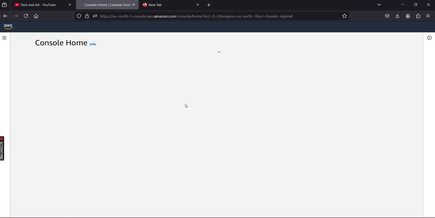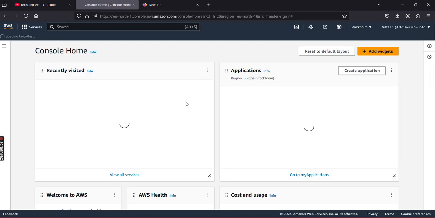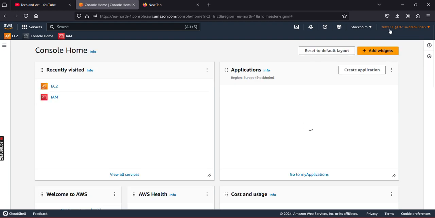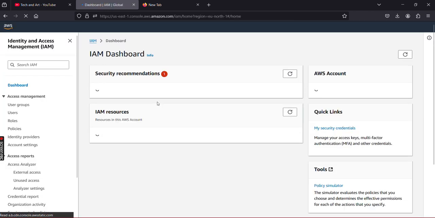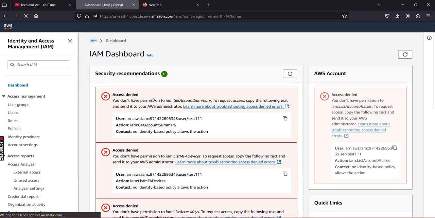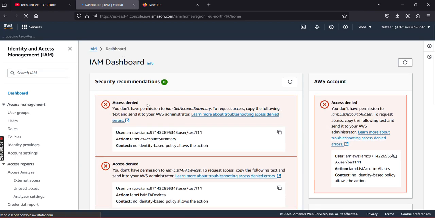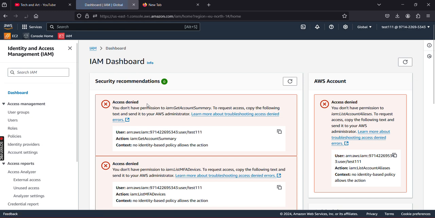So now you can see I am logged in with the account test 111 which we have created. Now again we'll go and check any policies. Let's say you go and check the IAM console. You can see access denied. Why? Because you are just a user to access the AWS management console. You don't have any permission to